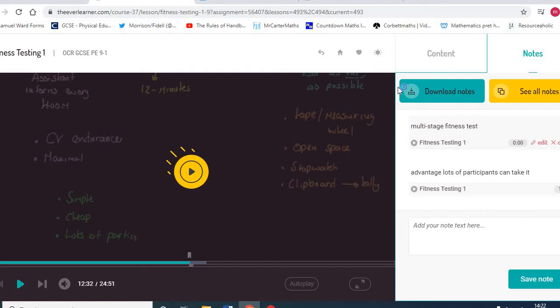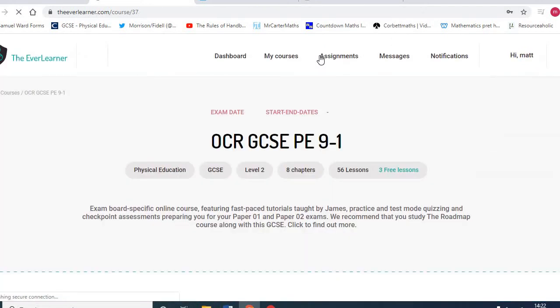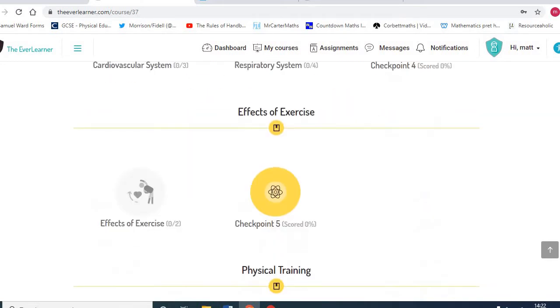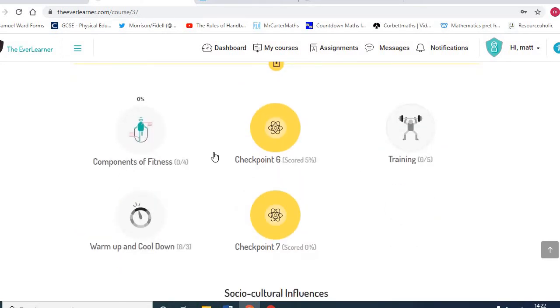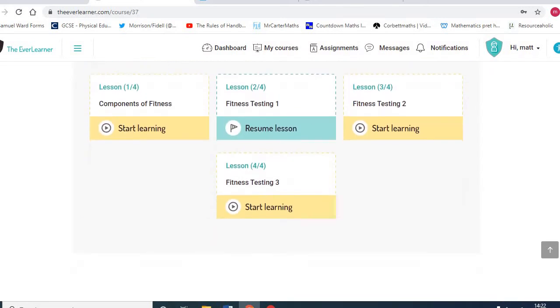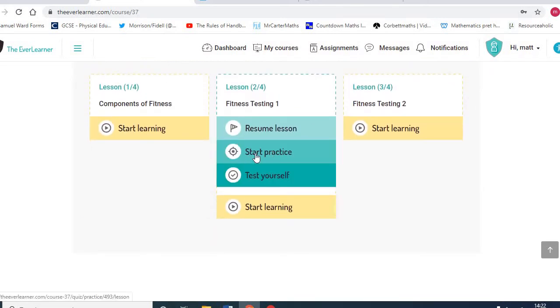Now, from here, like we said before, it's then after the video, if I look back at this time, it said go into practice mode. So do that, I could go back to course, and I scroll down. We were looking at the components of fitness, physical training. So open up that, and I was looking on fitness test 1. Okay, so again here, I want to start practice. So I can open that up,